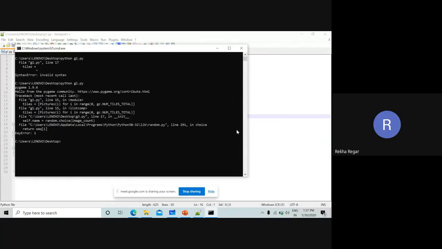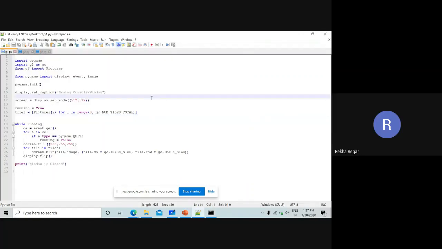And we are getting some exception here. So it's saying random dot choice key error 1, line 1 in choice, return sequence I. So gc dot total number of tiles, in it random choice self dot name random choice image count.